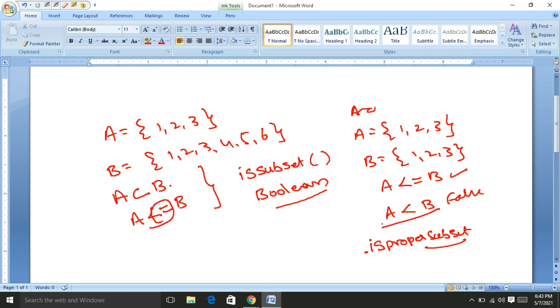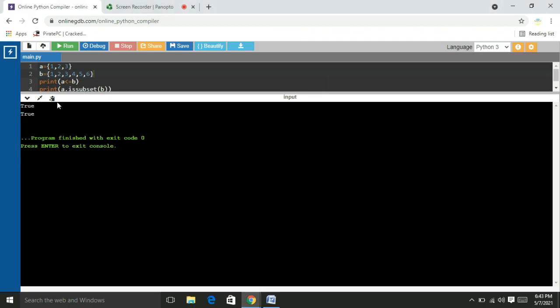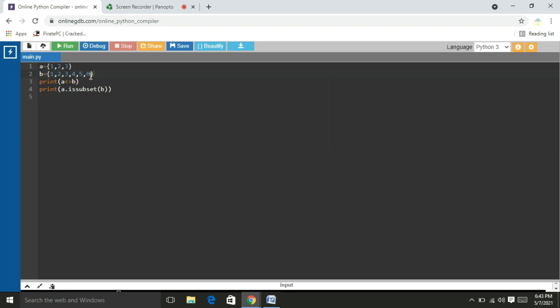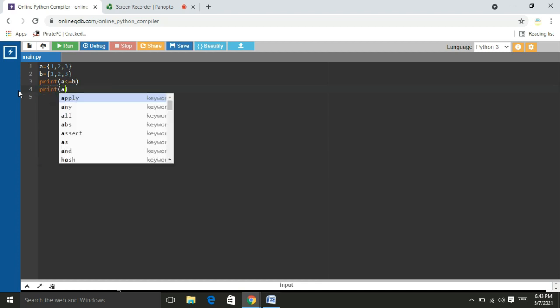I will explain this one by taking A equal to 1 to 3, B also 1 to 3. So I print A less than or equal to B, that means subset. That is true. Now I print A less than B. This is the checking of the proper subset.